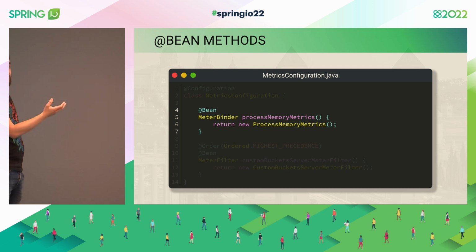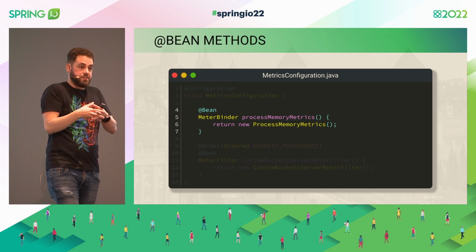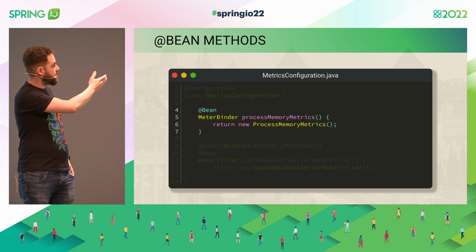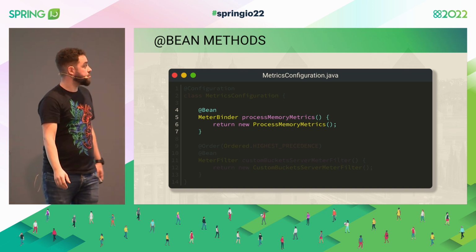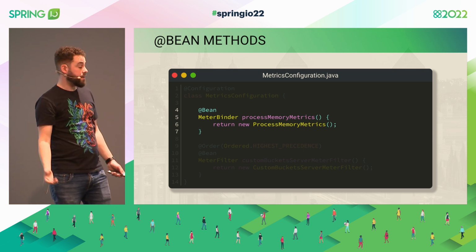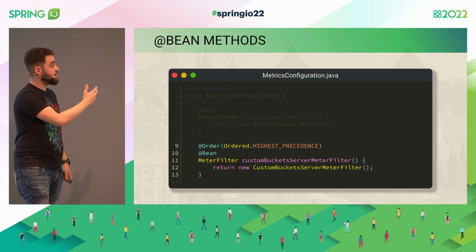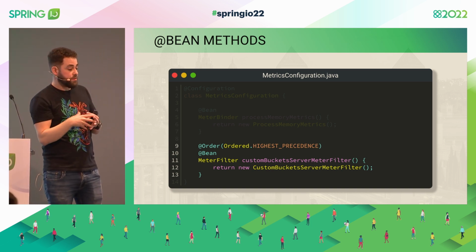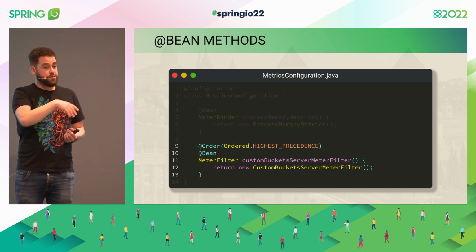For Micrometer, we can register new meter binders. So in this case, a meter binder is just some new instance that is recording a metric with a name, and is going to add it to the existing ones. So here we are saying, I care about the JVM memory metrics. So how memory is being used by the process. It could be anything else. But also, we can use it to customize existing ones. So a meter filter for Micrometer, again, in this case, is just a filter that when this meter binder is created the first time, this metric is registered, it will go through these filters, and these filters can change them.